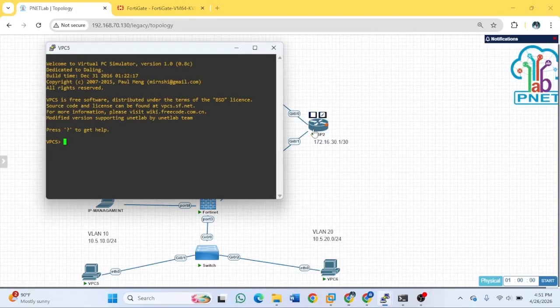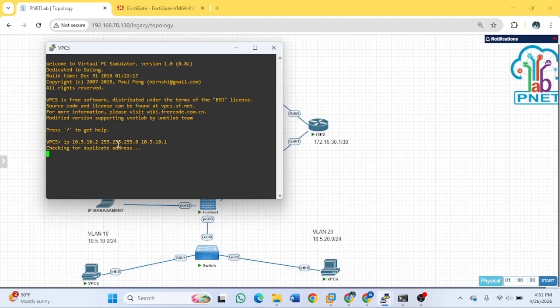First is PC5, the IP for VLAN 10 is 10.5.10.2, and the prefix is 24. Yeah, okay, and the gateway is 10.5.10.1.